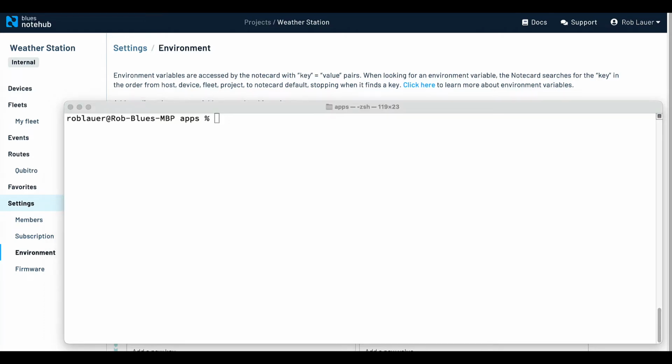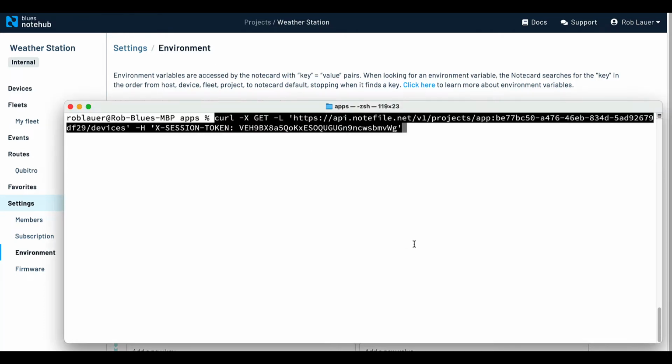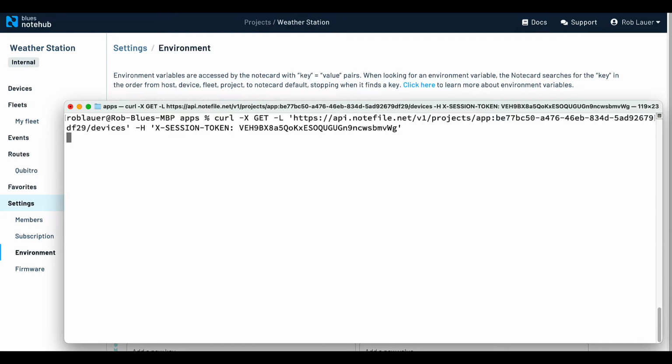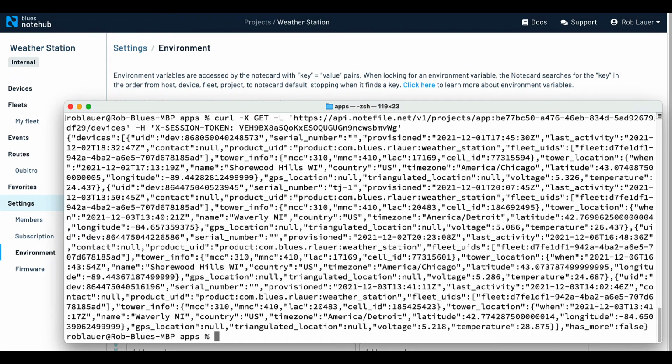So I am going to send my first command with a curl request, and that is going to be to the devices endpoint, which we can see right here. This is simply going to provide all the devices associated with this project. And what we get back, of course, is all JSON. So I realize it's not super legible in my terminal here, but this is an array of devices. And if we want to look into the details here, I can probably, if I'm lucky, find the end of my curly bracket. So this is a single device that is associated with this project.